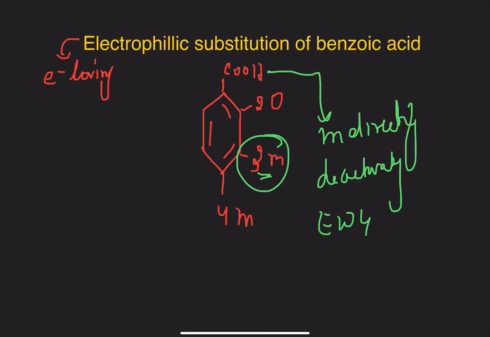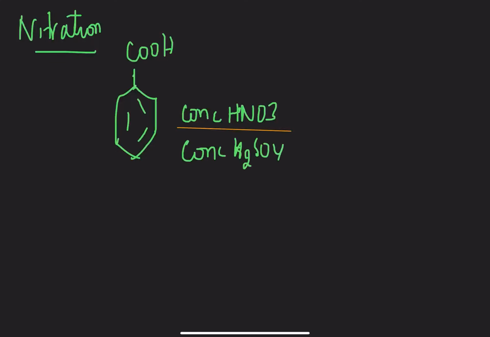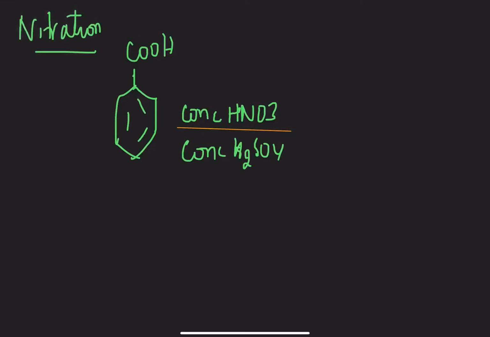So let's begin with the reactions. The first reaction is nitration. When we talk about nitration, that means I have to introduce a nitro group. So I have a benzoic acid here. For nitration, again from your class 11th knowledge, the reagents are concentrated HNO3, that is nitric acid, and concentrated sulfuric acid, H2SO4. This introduces a nitro group. Now what is to be kept in mind? The carboxyl group is meta directing, so the nitro group NO2 will go on carbon number 3, that is here. So let's put it, and we are done with the nitration.